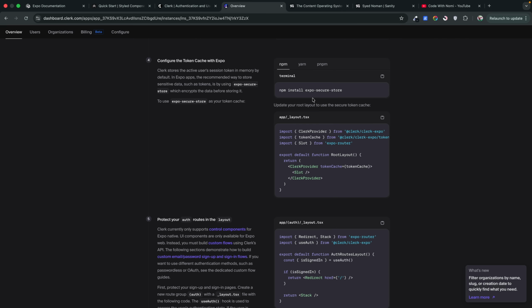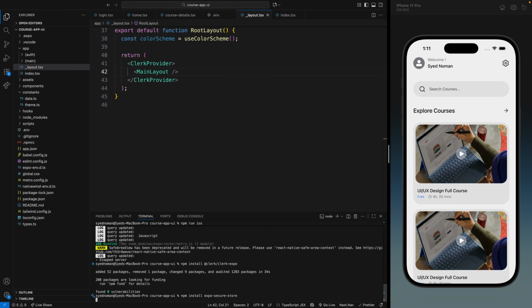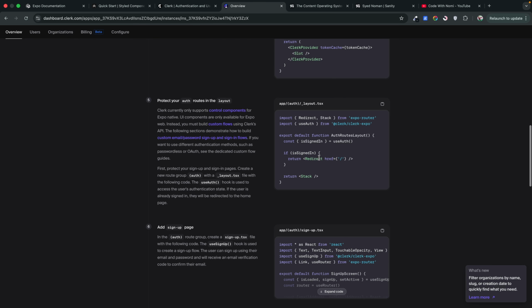Then we need to install Expo secure storage as well, because Clerk uses it for securely storing the tokens. So let's just copy this, paste this here. Okay, then we need a way to protect our authentication in the layout or anywhere where you decide how you navigate to authenticated pages or